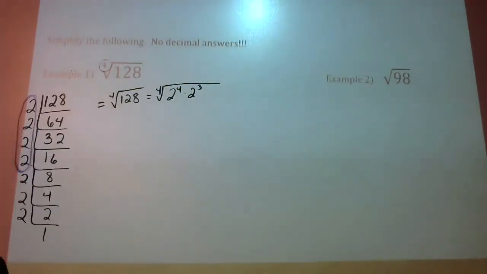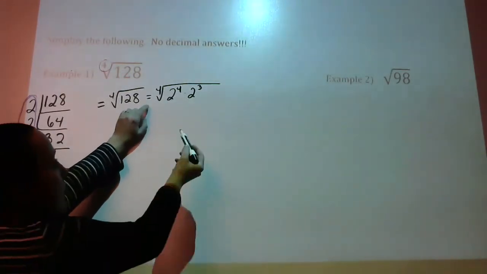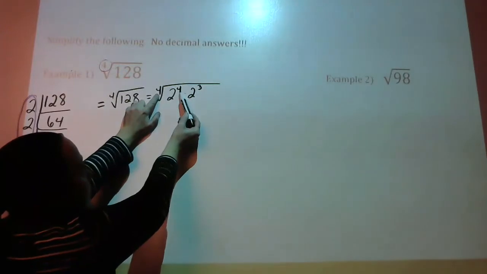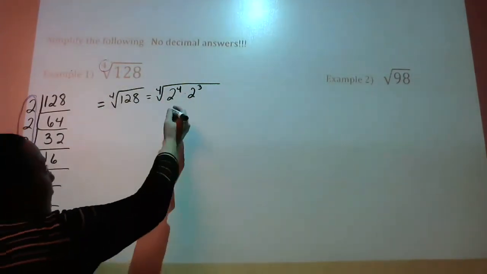Now, if you don't believe me, put that in your calculator. Take 2 to the 4th times 2 cubed, and you're going to see, wow, it's 128. But now, here comes the magic, because anything raised to the 4th power gets to leave the radical. It means it gets to escape and come outside. Remember, we just found out if you take the power divided by the root, 4 divided by 4 means it's a 1. Yes, so that means I get to have this 2